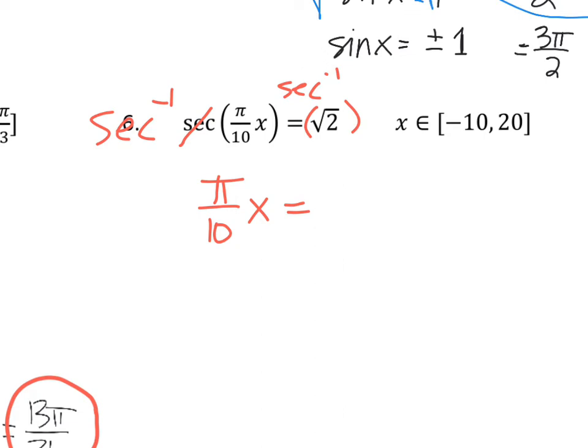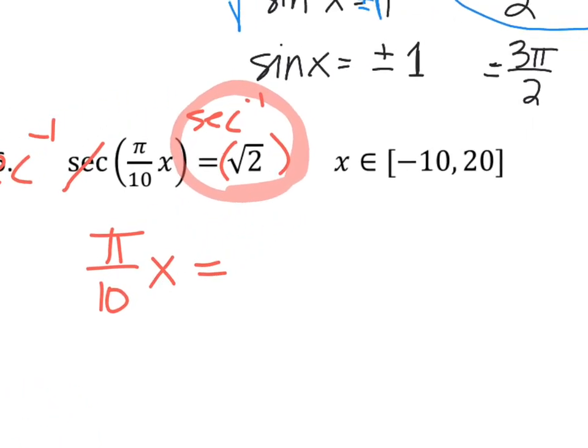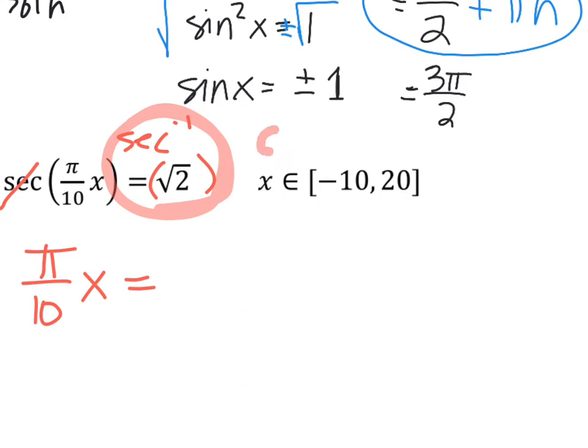And you need to think about all the places on your unit circle where the secant is root 2. Hopefully you know, maybe you don't, but maybe you might. That happens wherever the cosine is root 2 over 2. The secant is root 2 when cosine is root 2 over 2. So one of those places is pi over 4